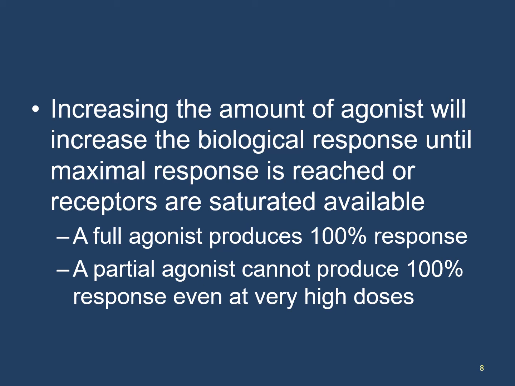But in a human, when we refer to a full agonist or a 100% response, we're typically talking about a clinical response. So again, to go back to my example of the beta adrenergic agonist, say a patient is having an asthma attack, and we give an albuterol treatment, and maybe it gets them some relief, but not 100%. So then we give them another albuterol treatment. And then another. Sometimes when people are having significant exacerbations, we sit there for an hour and just keep giving them nebulizer treatments. If the patient gets to the place where their symptoms are completely resolved and they feel completely back to normal,